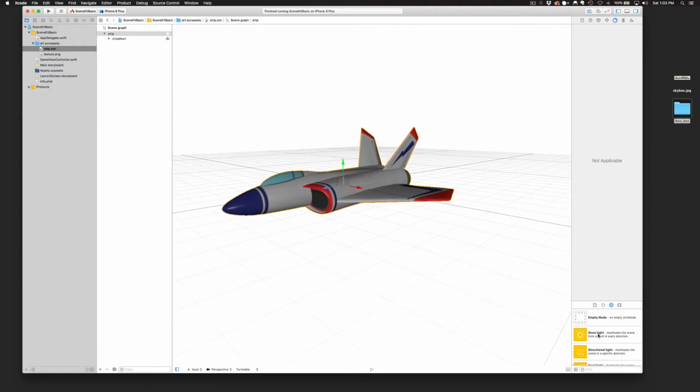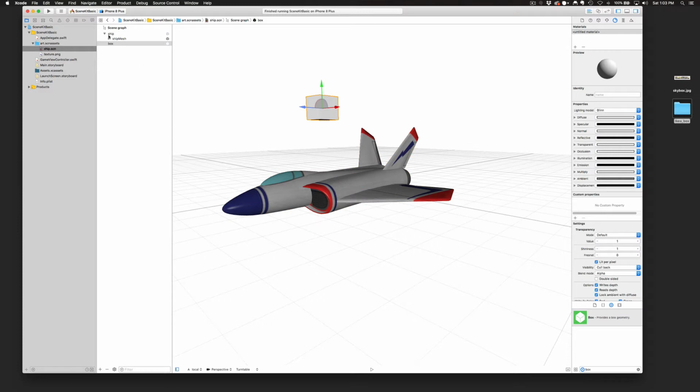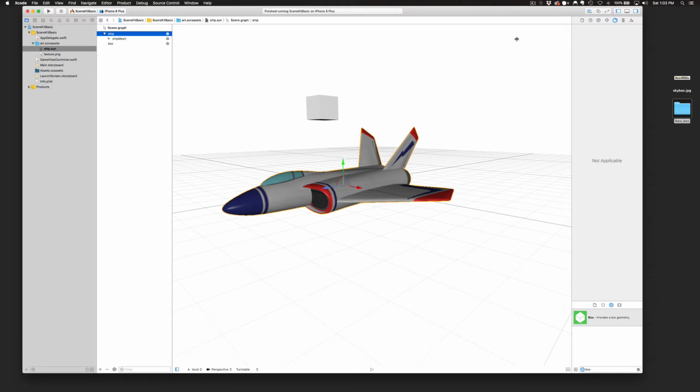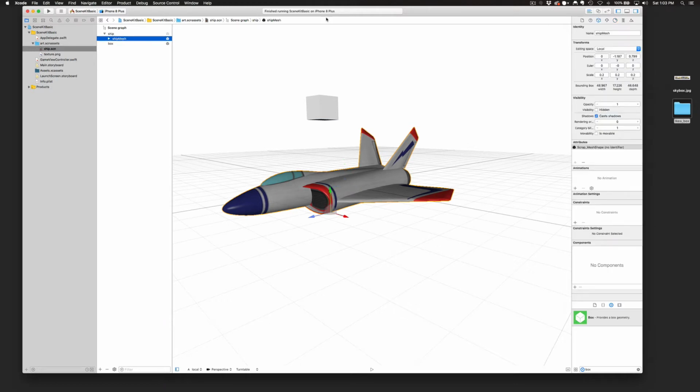So if I come into here and let's say I wanted to add a box, I can just throw the box in here, and then you've got a box in the scene graph. And then similar to UI kit or interface builder view, all of your options are over on the right. So again, with the ship, I could click onto the ship mesh here,